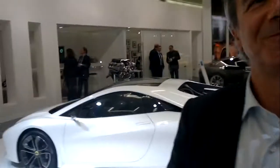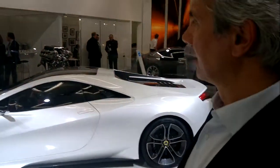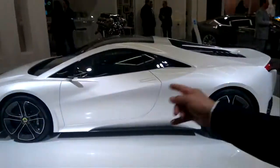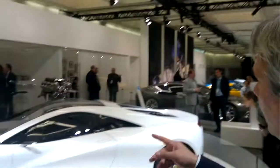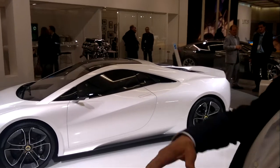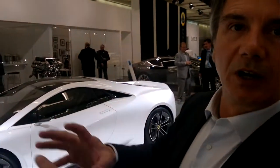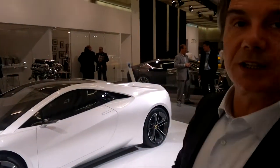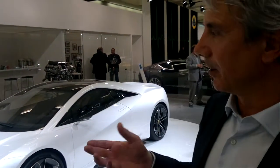Okay. So looking back at this car, would you say you have a particular design section that you are particularly proud of? Oh, this very characteristic line that wraps around the intake for the cooling, and gives all the direction to that mass, and the position, the greenhouse very forward on the volume. It's quite characteristic, because it shows how, and this is the case for almost all those designs here around, you have a real